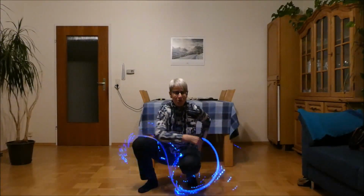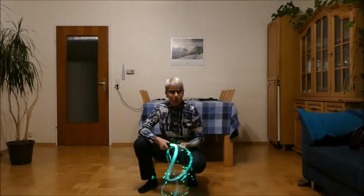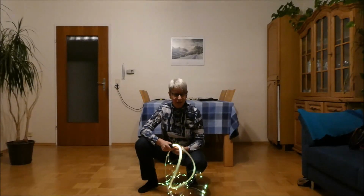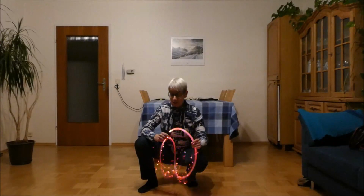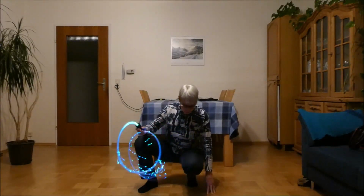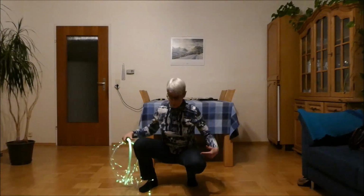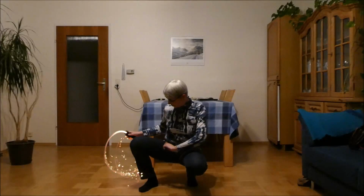Figure-8 knee traces, or knee infinities. They create a nice visual effect, but there have been a few posts in the Facebook groups that people struggle with these, so here are some secrets. One thing: you have to really go deep down, do deep squats,